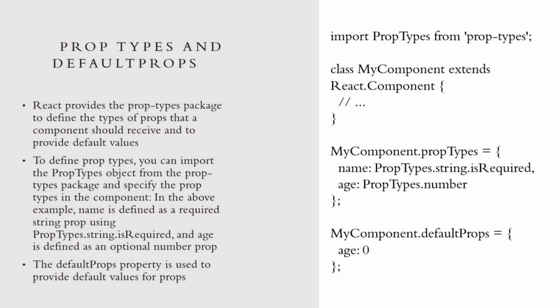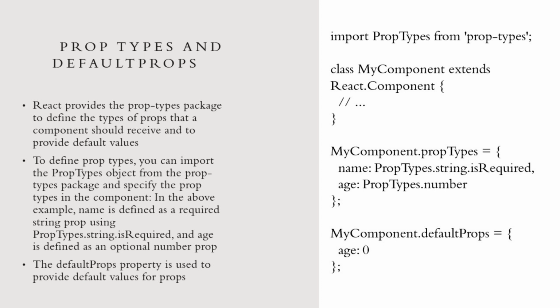Code snippet. import PropTypes from 'prop-types'. class MyComponent extends React.Component. MyComponent.propTypes = { name: PropTypes.string.isRequired, age: PropTypes.number }. MyComponent.defaultProps = { age: 0 }. In the above example, name is defined as a required string prop using PropTypes.string.isRequired, and